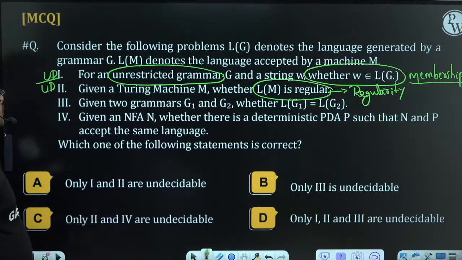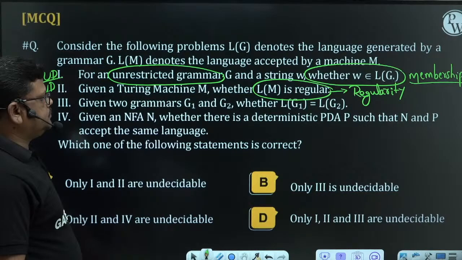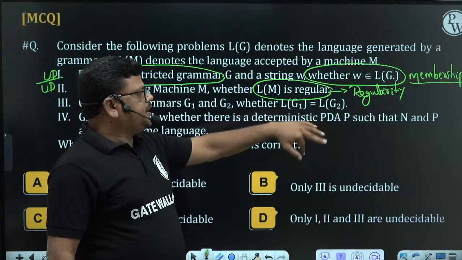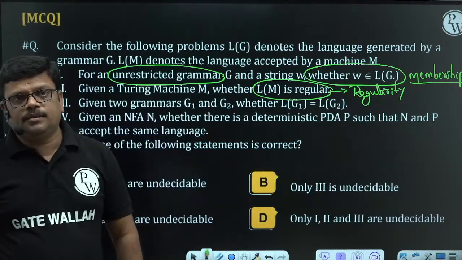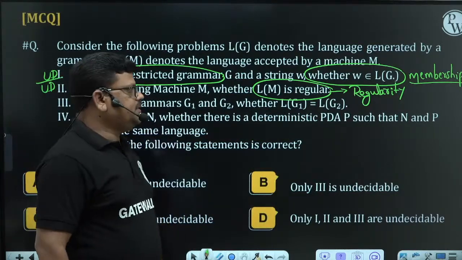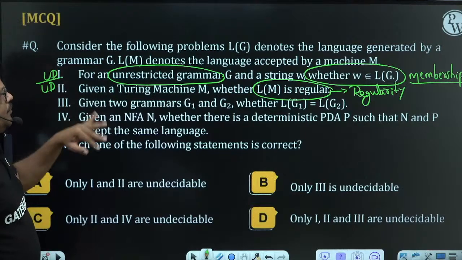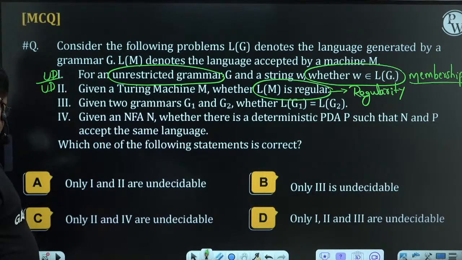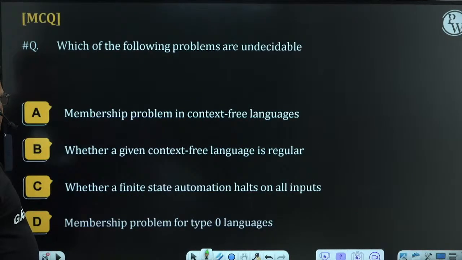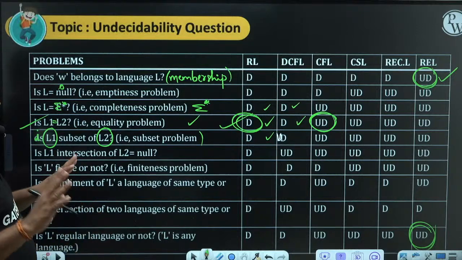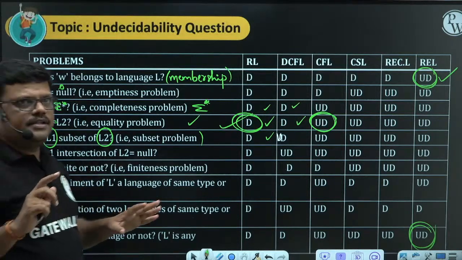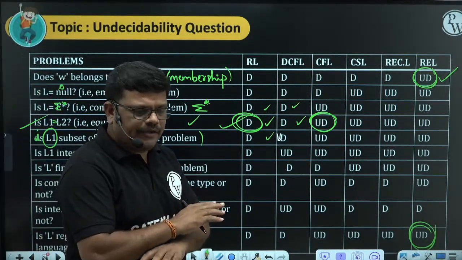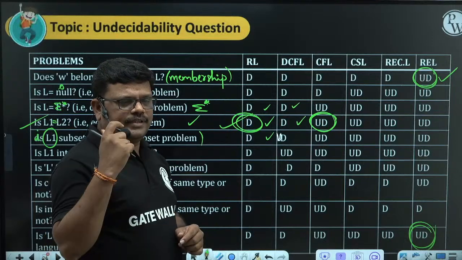Third one, given 2 grammars G1, G2, whether L of G1 equal to L of G2. What is the name of this problem? This is the equivalence problem. He just mentioned the grammar, not given anything related to whether it is context free or not.